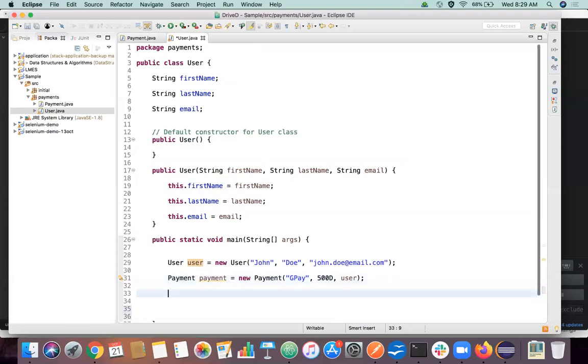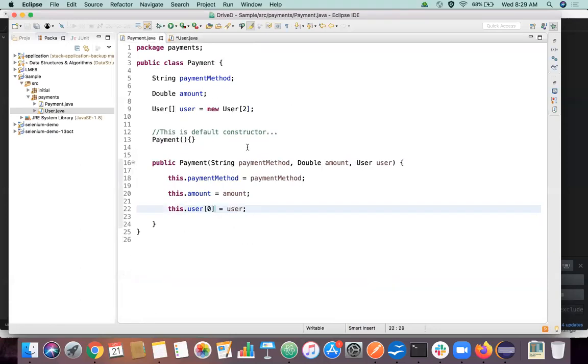So inside this payment class, I will just create one more small method to print everything actually. How will you create a method? We'll just declare an access modifier, just declare a return type. I'm not going to return anything, I'm just going to print things. So I'm just saying it's a void. So I'm just going to create this method named printDetails. It doesn't take any argument.